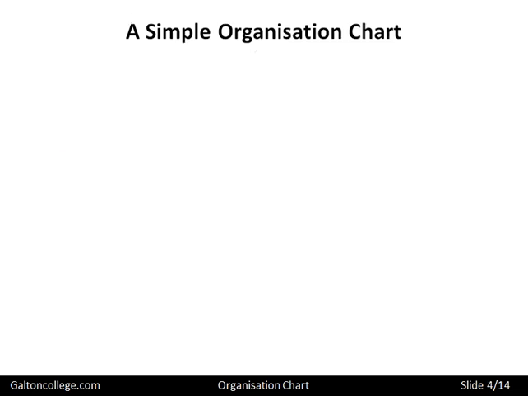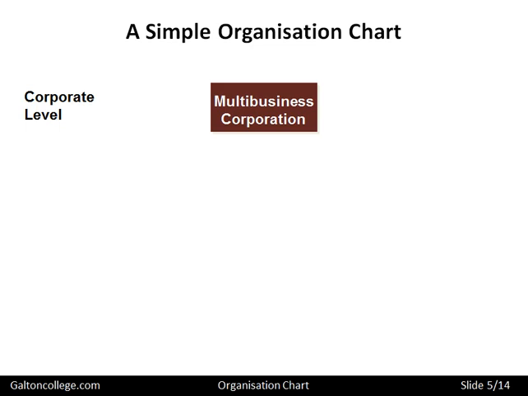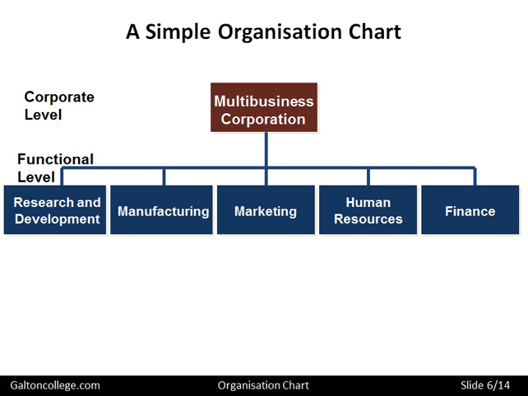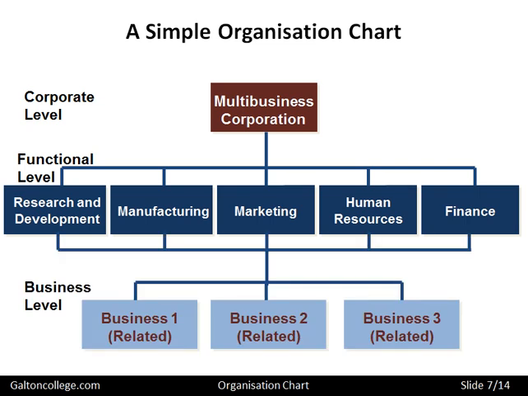Now let's look at a simple organizational chart. So we've got the corporate level, say multi-business corporation. Underneath we have the functional, so we have, as I said earlier, the various functional forms and various departments. And under that again we could have the business level, so we could have various businesses. This is a multi-business corporation, so we could have various businesses all drawing on the expertise and the facilities of the various functional levels. So having a research and development department